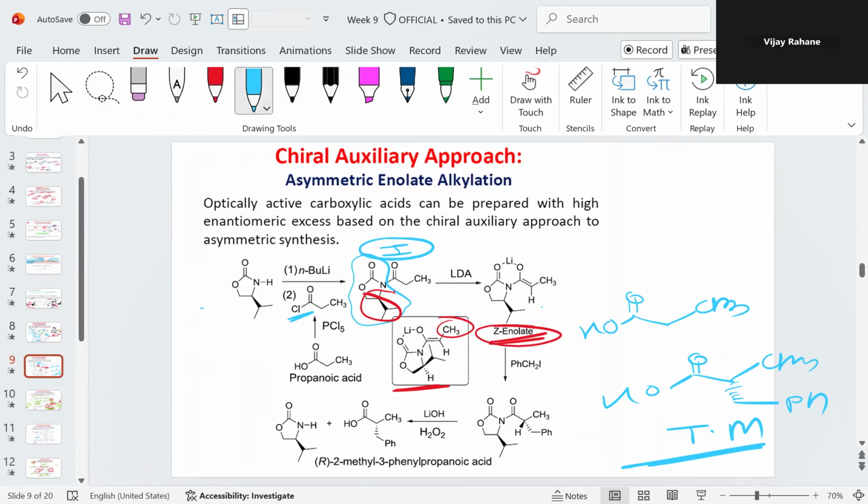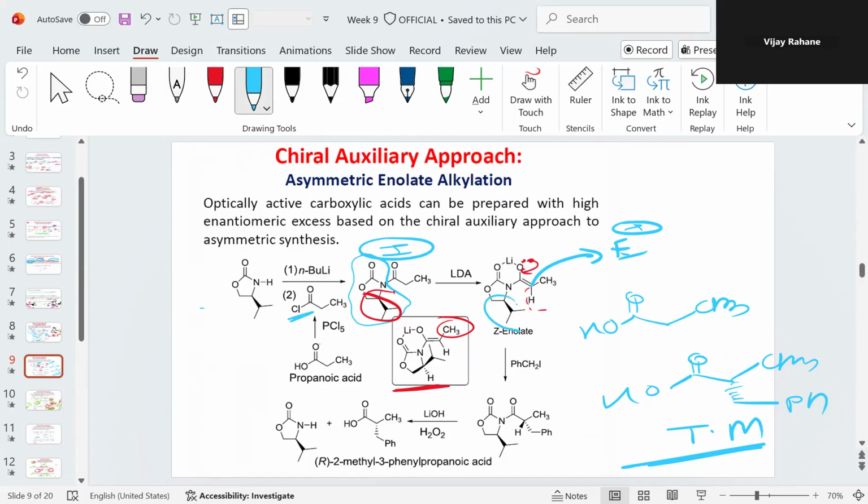Also, once this Z unit forms, what happens? Now comes the addition of this electrophile. So this is the electrophile, and if you look here, when it comes down, it can either attack from the top side or attack from the bottom side. These two are possibilities, right? Attack can take place from the upper side or the down side. So let's say upper side attack takes place,